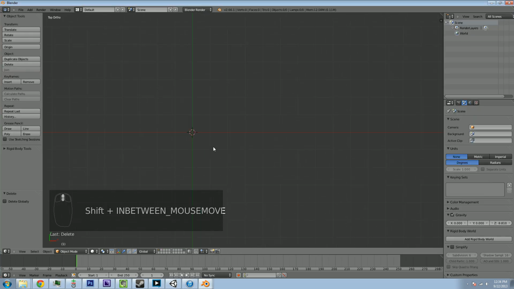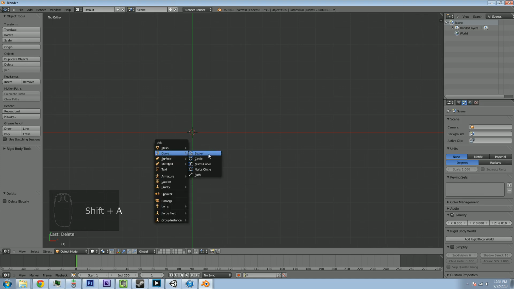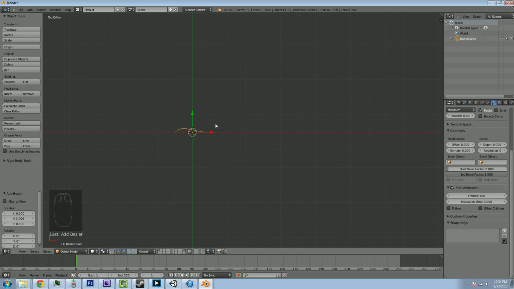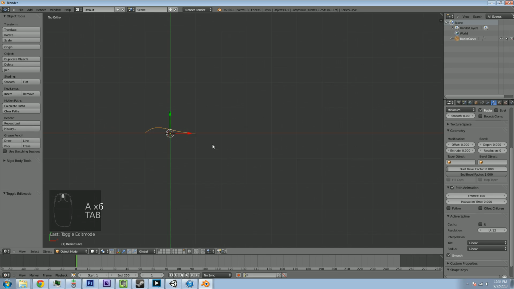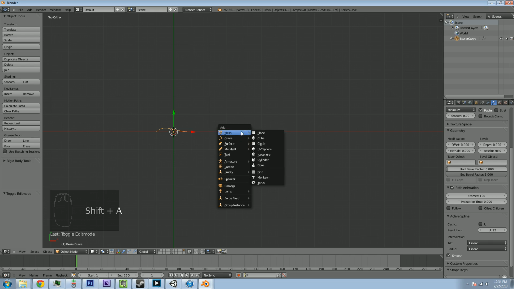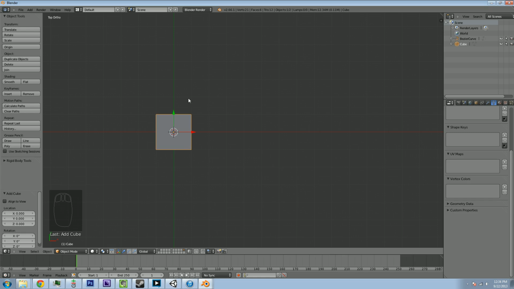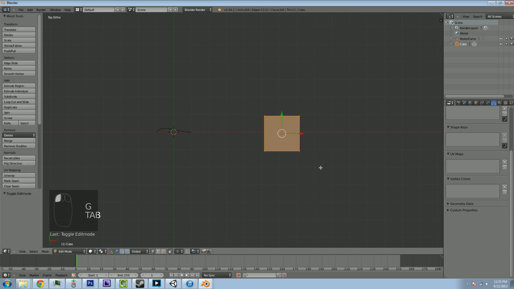Again, your basic path can be either a Bezier curve or a NURBS curve. We'll use a Bezier here because why not? And yeah, let's leave that in for now. Next, we need the shape, and the shape is going to be a mesh. Theoretically you could use any kind of base shape, but for this we're going to use a mesh because that's usually what I'm going to use this array technique for. So let's start off with a cube, because this is actually what I use as the base for my ramp anyway. Let me just move it over here in move mode, and then I'm going to go into edit mode,